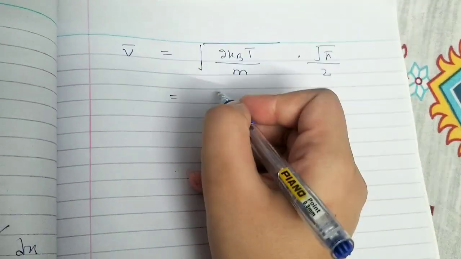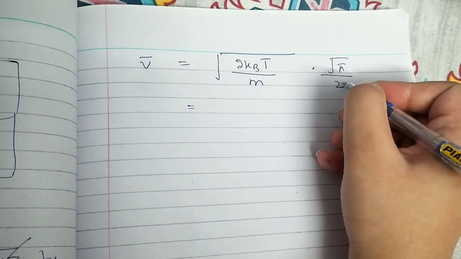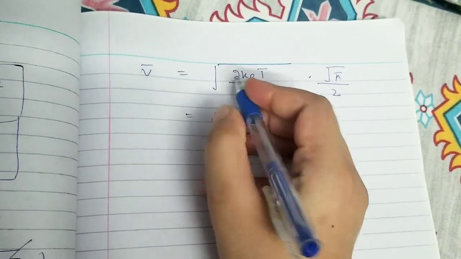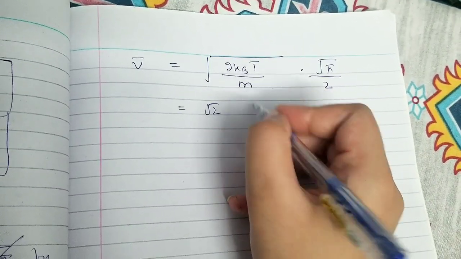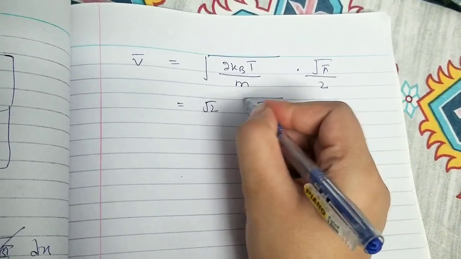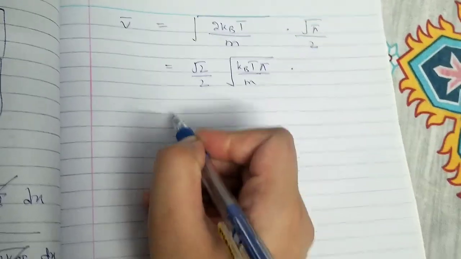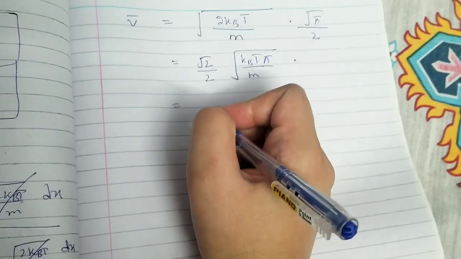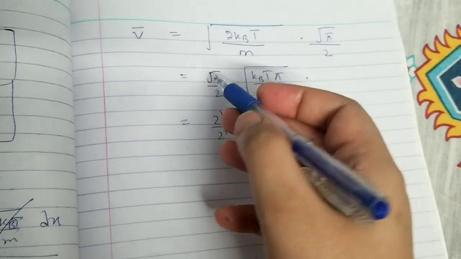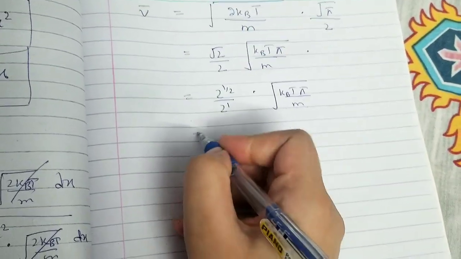So this is under root 2. I'm writing it separately. Then we have kbt by m. Since pi has under root as well, we can write them in single under root here, and we'll write 2 right here. Under root 2 by 2 can be calculated like that. Okay, and kbt pi by m, and if you simplify it,